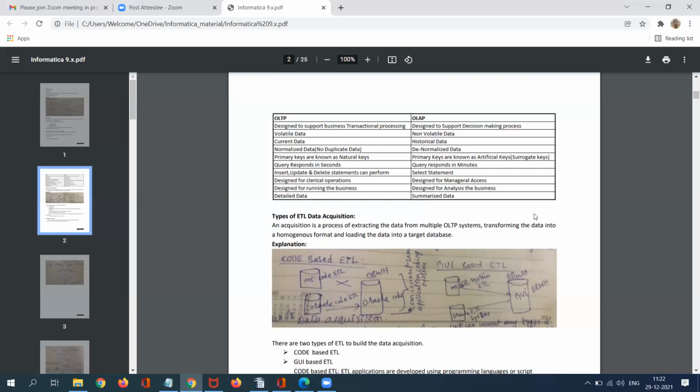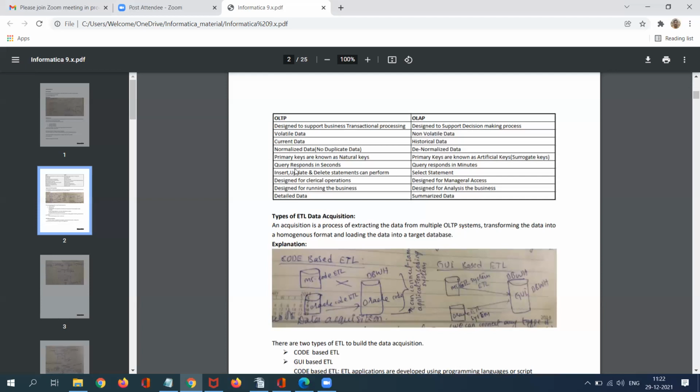But in OLTP, you may have a single record, since you only have current data. We are using some keys. In OLTP, we use natural keys as primary keys, whereas in OLAP, we use artificial keys as primary keys. Some people call it a synthetic key and surrogate key as well.